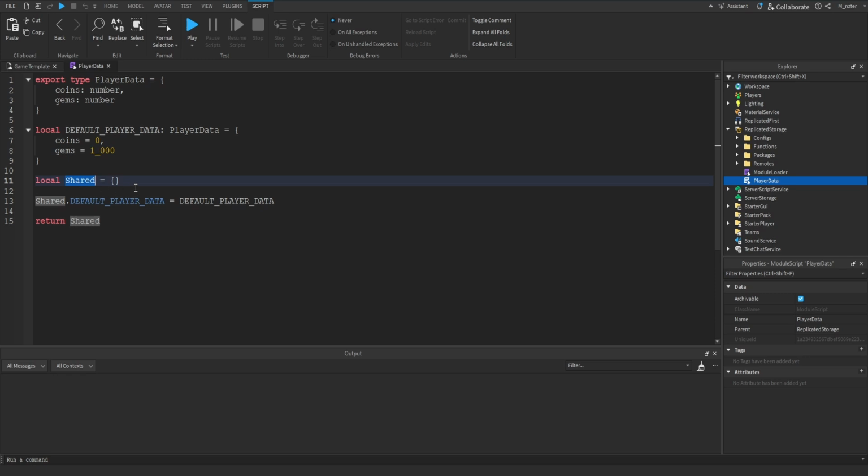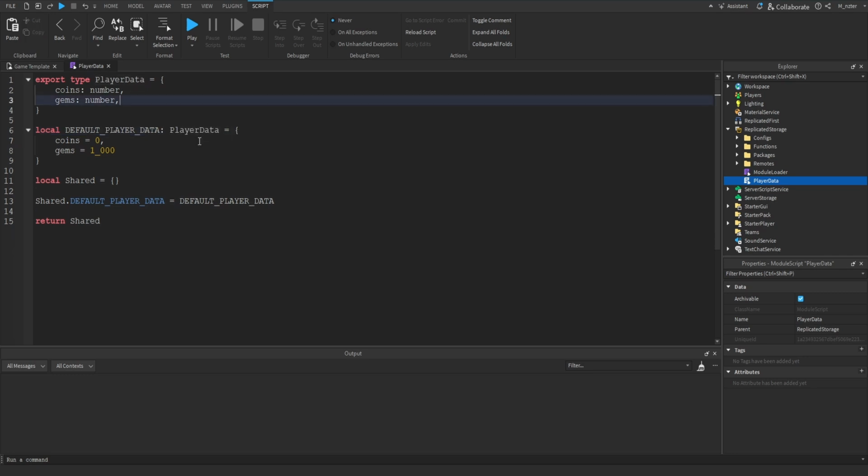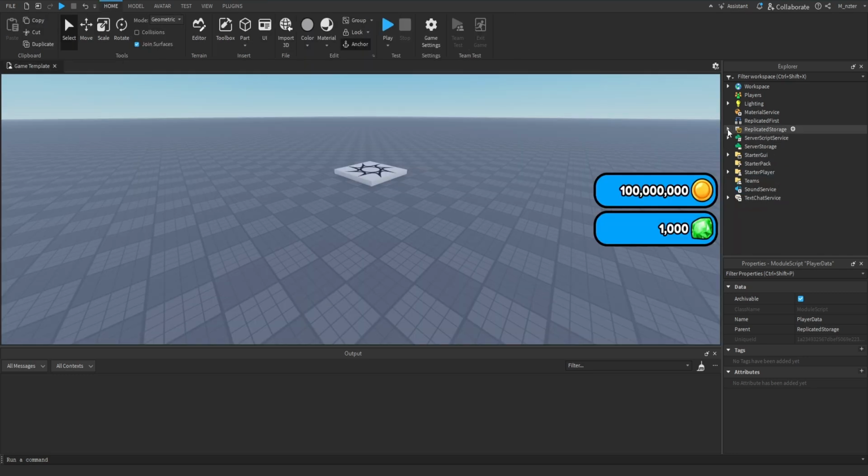I don't have a local table because I instead actually use a local variable here, but we still do have our standard shared variable, and I share the default player data variable just like this. So if you ever want to save more information about your player, you would add it to this table. And you would also update the type here, but types are a little bit more complex, so if you don't understand the types, you could kind of just ignore this or literally delete this and then delete that variable. You might have to delete some other locations, but either ignore it or delete it. So that's just how our player data is actually structured.